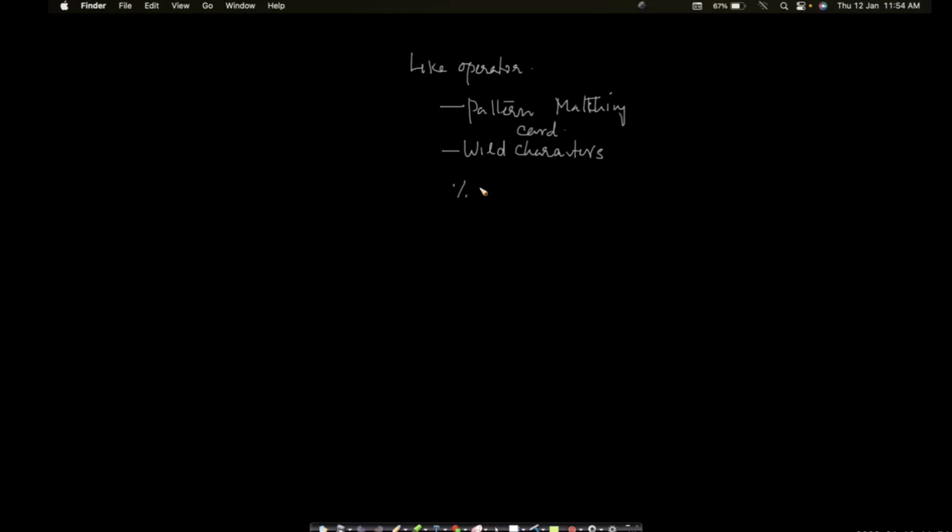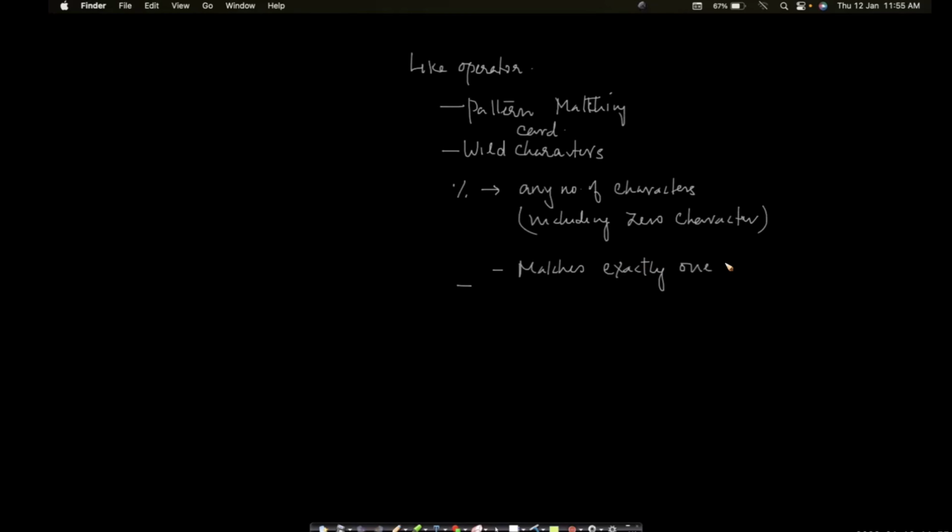One is percentage, right? Percentage matches any number of characters, including 0 characters. 0 characters in the sense no characters. Underscore matches exactly 1 character. It can be anything, but it matches exactly 1 character. Right? So these are the only 2 wildcards that are supported in MySQL, but you can use them quite